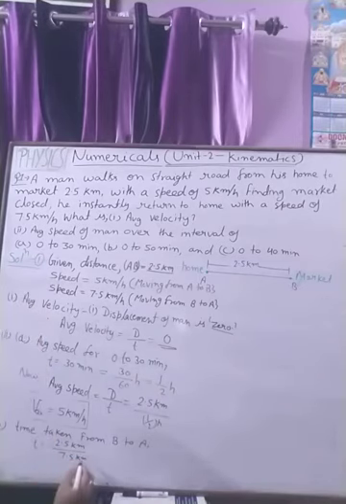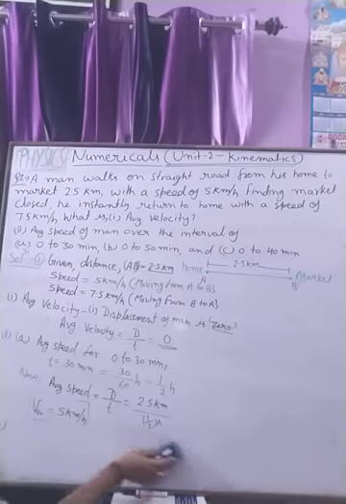Distance is 2.5 kilometer and the speed is 7.5 kilometers per hour. So we can find this time as 1/3 hours. ये उसको टाइम लगता है वापस जाने में. And we can solve it as 20 minutes.